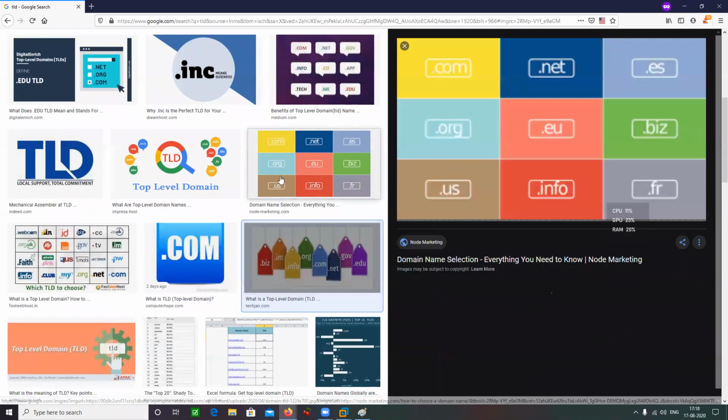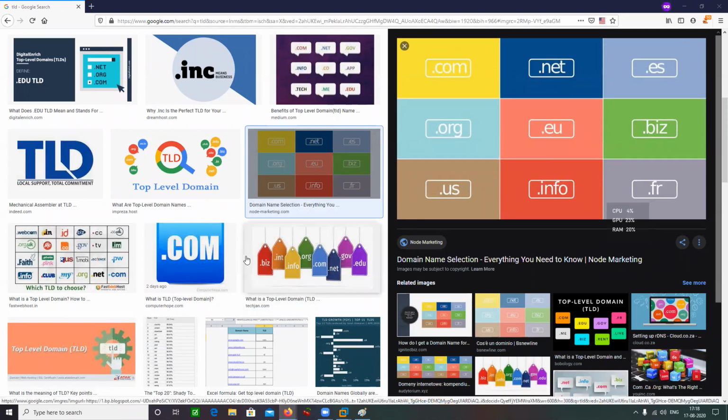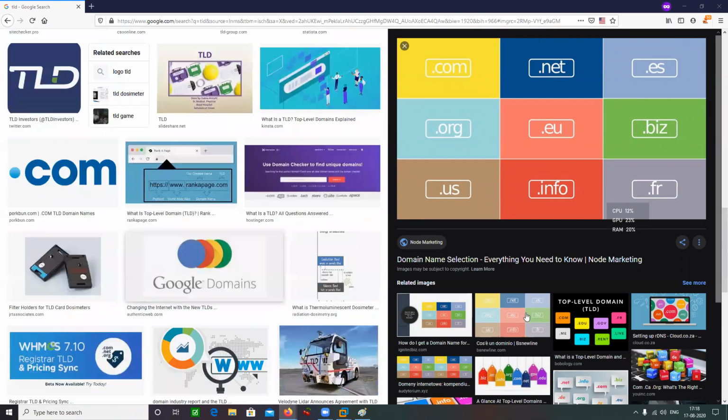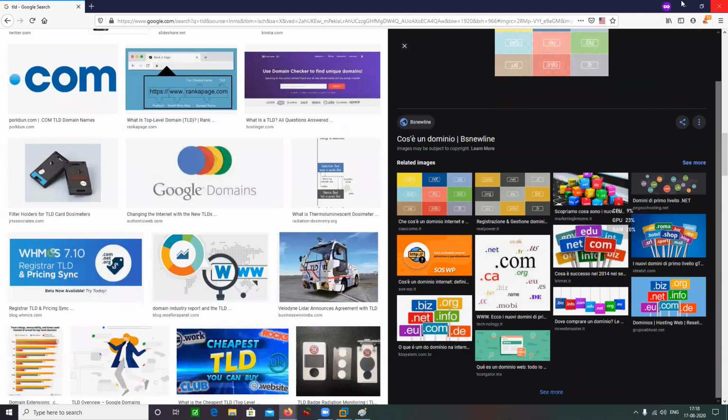We have got country specific TLDs as well, like .eu, .us, .fr, like US, Europe, Canada, stuff like that. IN for India. So that is known as your TLD.